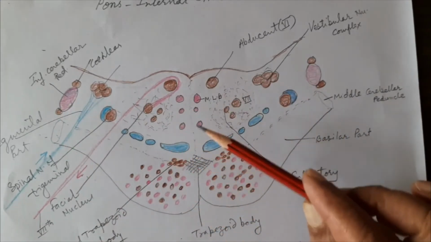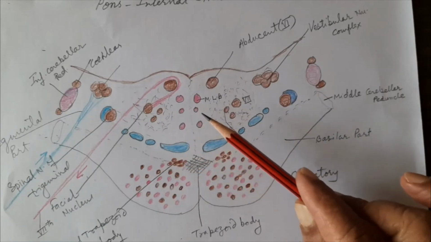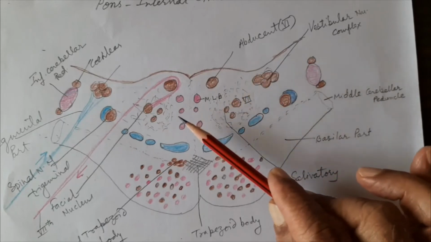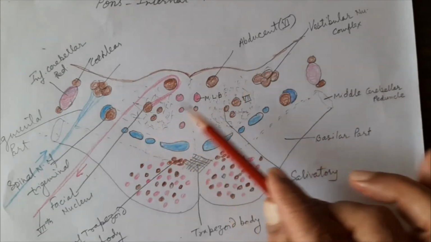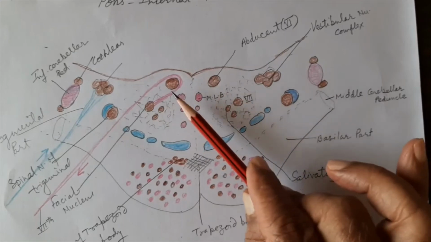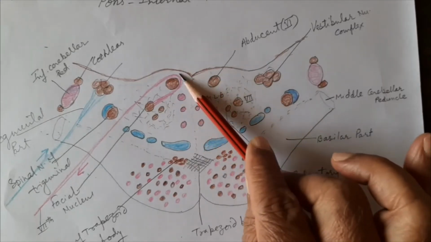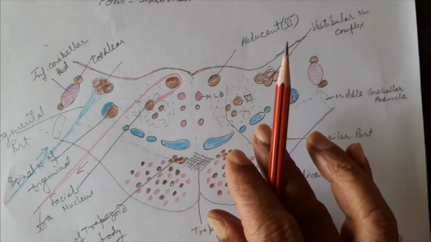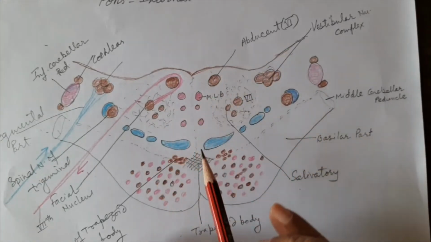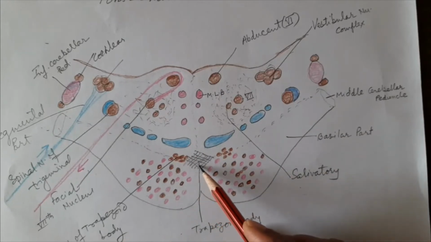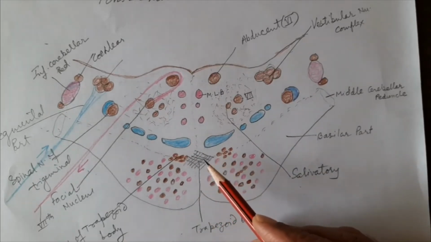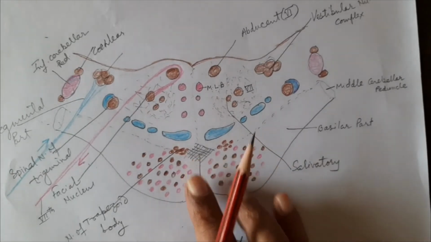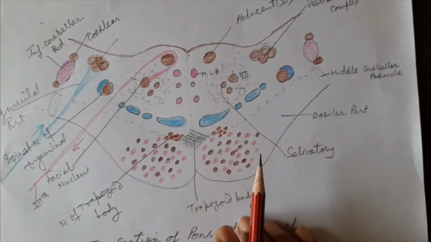Let us come to the white matter of the tegmentum part, in the internal structure of the pons section, which is passing at a lower level, that is at the level of the facial colliculus. Okay, we come to the arrangement of the white matter. Now the trapezoid body here, as I said, is formed by the fibers of the ventral and dorsal cochlear nucleus. I have already described it, which will form the lateral lemniscus.